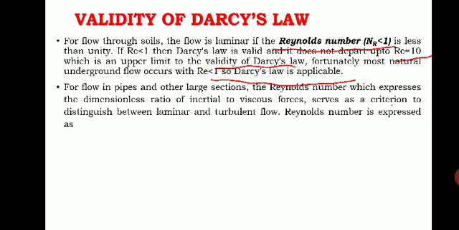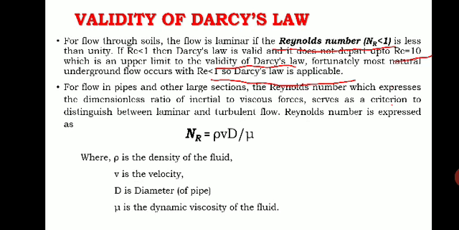So the Reynolds number is expressed by a formula: N_R, that is Reynolds number, is equal to rho V D divided by mu. That is the formula of the Reynolds number. Wherein, what is rho? Rho is the density of the fluid. Here, for Darcy's law, the fluid is water, and V is the velocity,